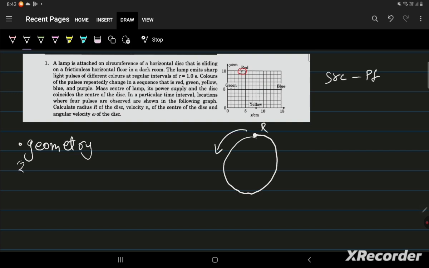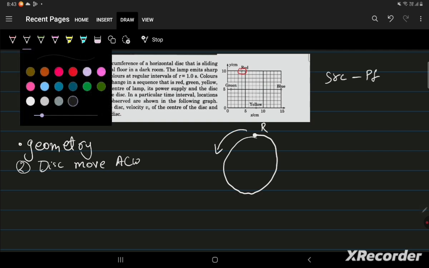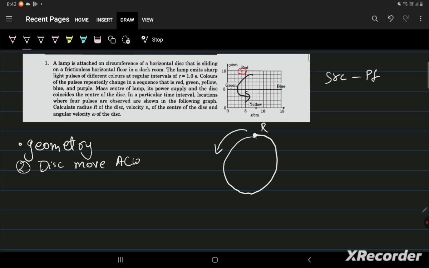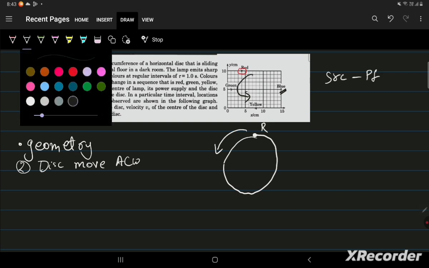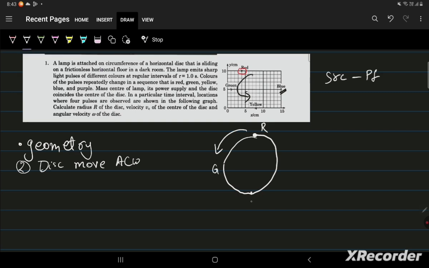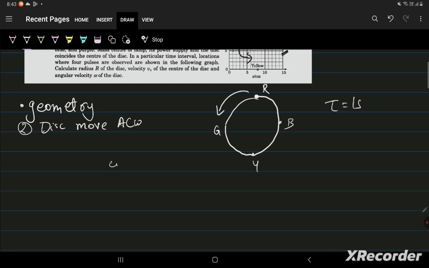This is another thing to note, that the disk moves anti-clockwise since the sequence given is red, then green, then yellow and blue. So we can say that the disk will rotate like this. First it will be red, then green, then yellow, then blue. The time interval given is tau equals 1 second. So we can say omega is equal to pi by 2 tau, which is equal to 0.5